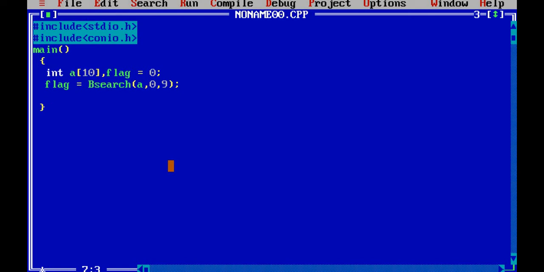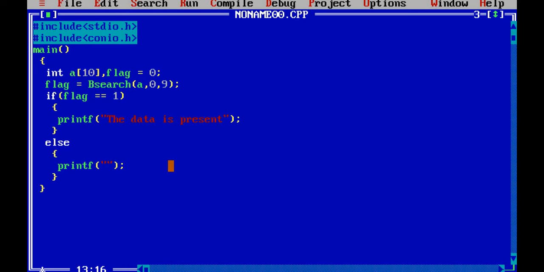And then obviously I can write that if flag equal to 1, printf data is present, and else means surely flag is not 1, that means flag remains 0. So printf data not found.